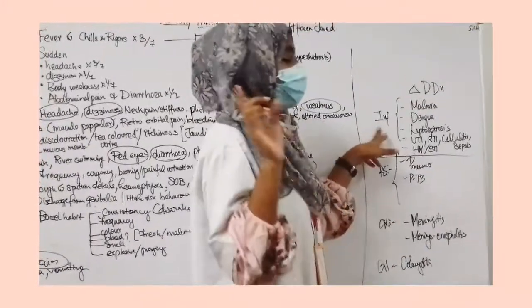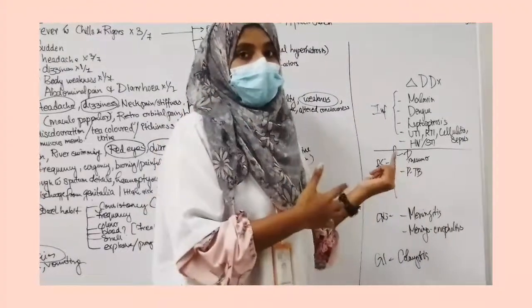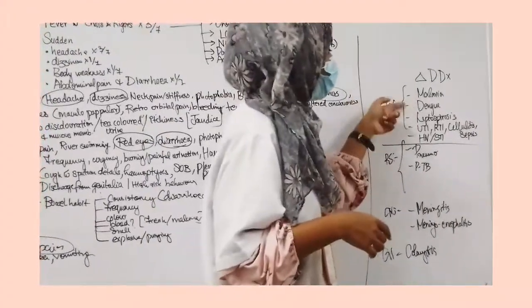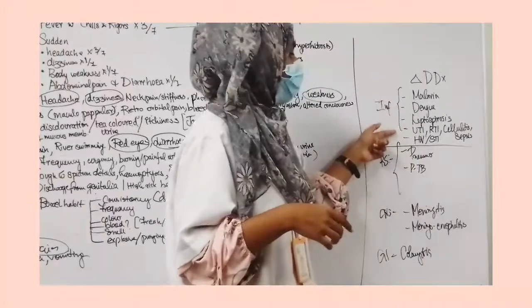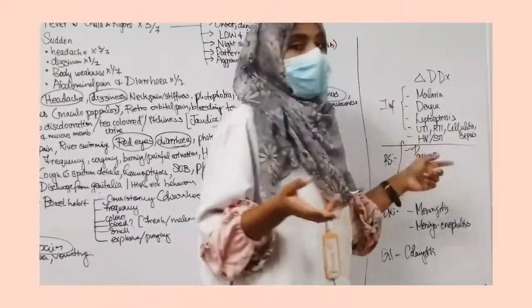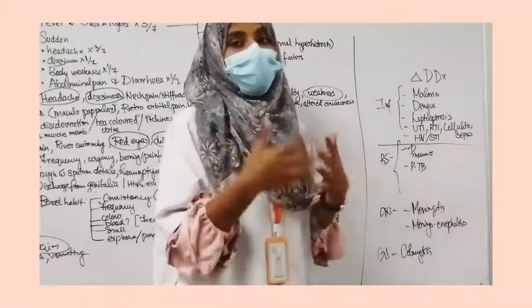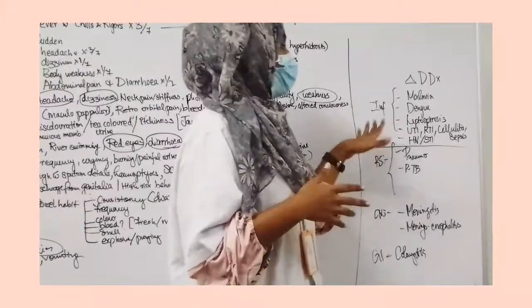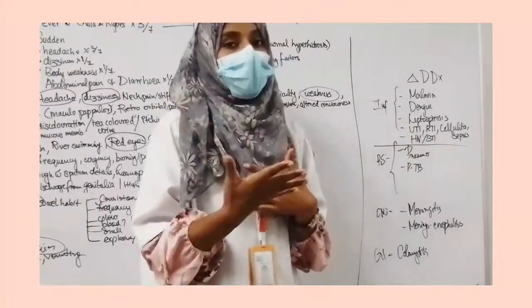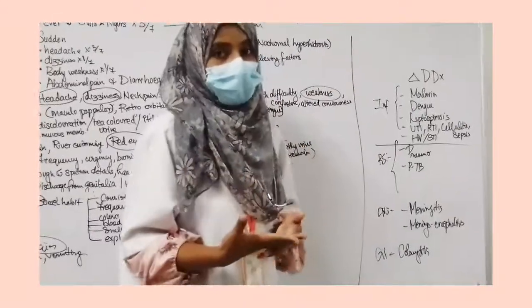First are all the infectious conditions, mainly if your region is endemic with diseases like malaria, dengue, leptospirosis and other infections, or systemic conditions like UTI, RTI, cellulitis, sepsis, or even sexually transmitted diseases like HIV. You have it in your head, and when you ask the questions, you need to rule out the signs and symptoms in each of these diseases. That's how the history of presenting illness goes.